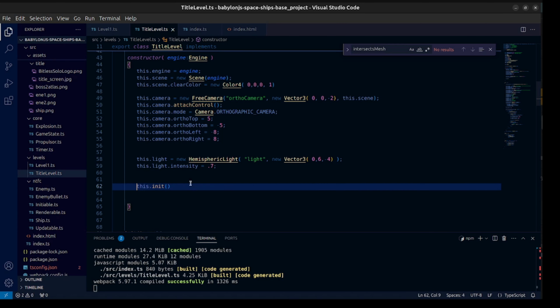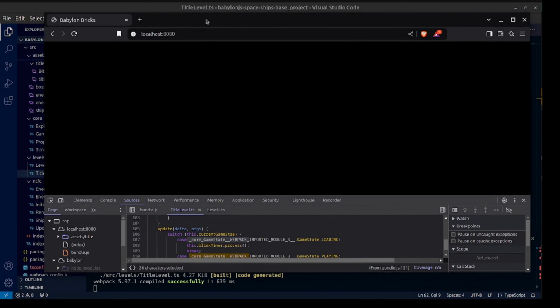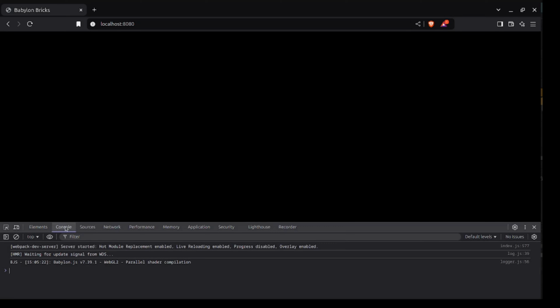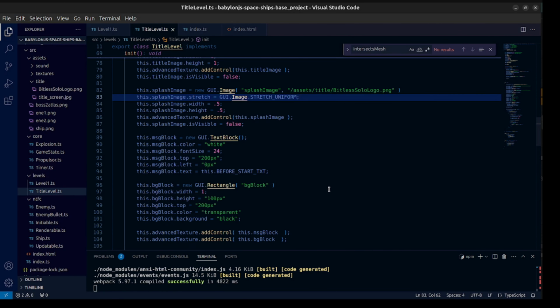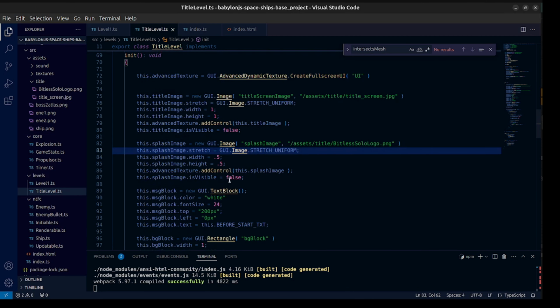Okay, so once I call this function and I run again the game, now I need to check if I don't have any error loading the texture or something like that. Oh, that's because I put the splash screen image to false while it should be true. That's fine. So if I save and I put this here, so now I'm getting the screen,